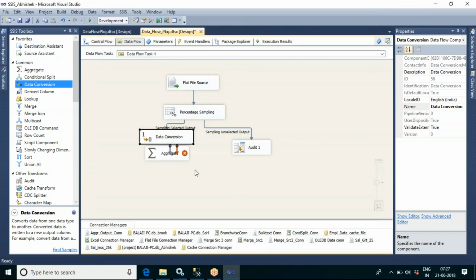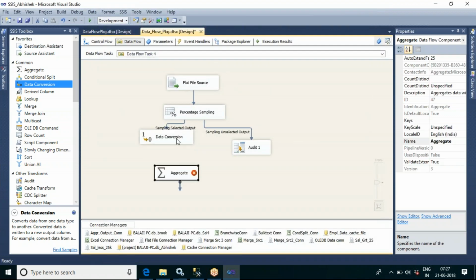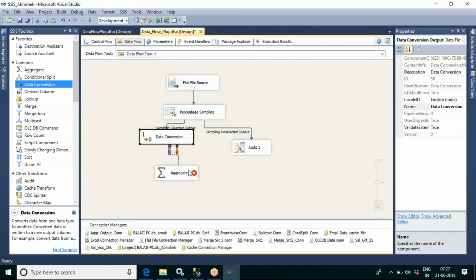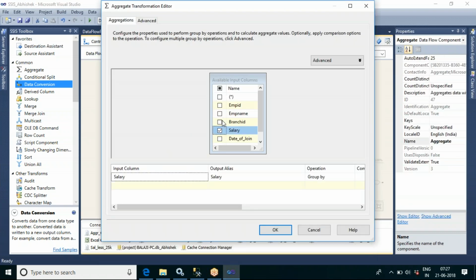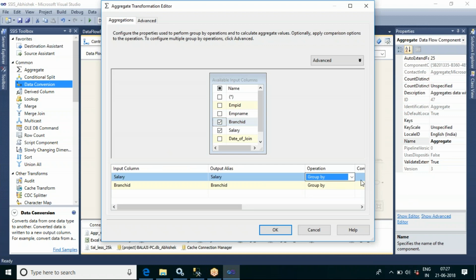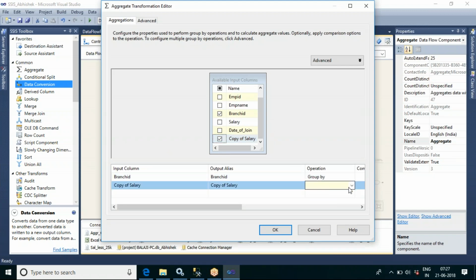Now click on OK. Let us go and see. I will pass this data into this aggregate function, and here I can go for salary branch wise. It's not salary, let me go for copy of salary, sum of salary, group by branch ID.